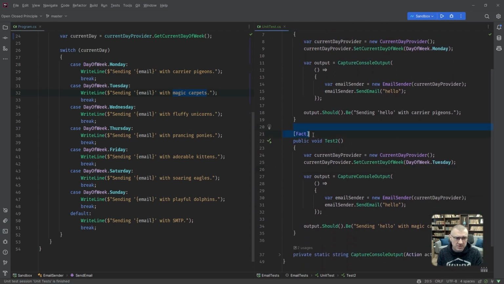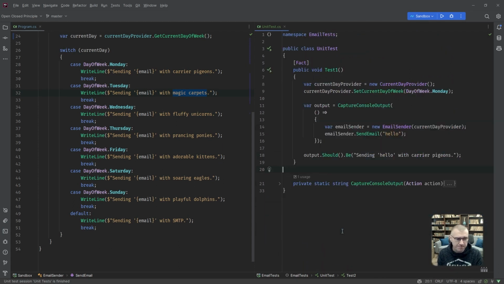How about we do something smarter instead? XUnit is a funny little library that allows you to write facts, right? Like this one, which is just one thing.